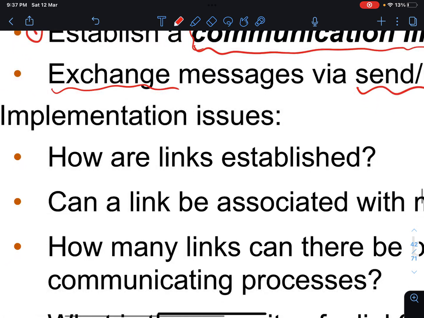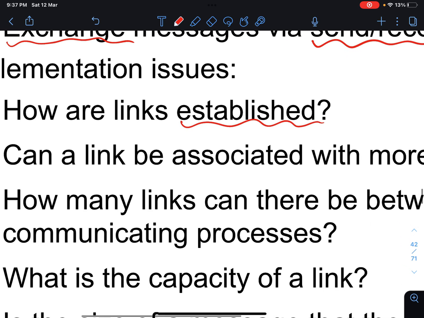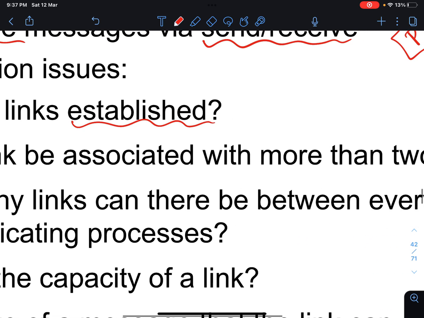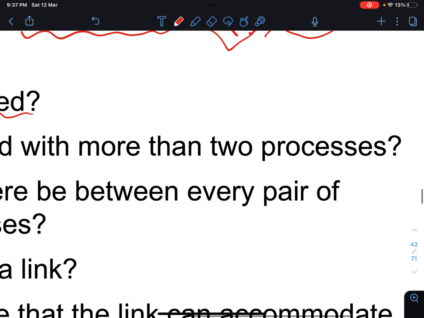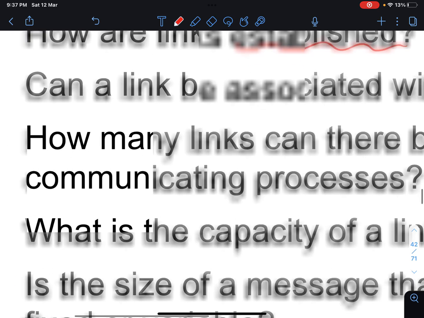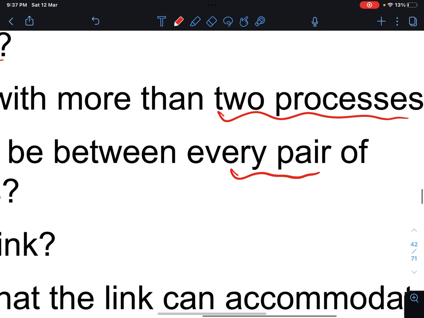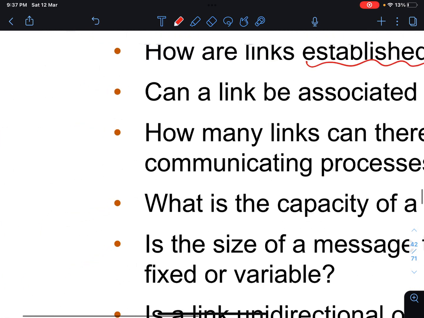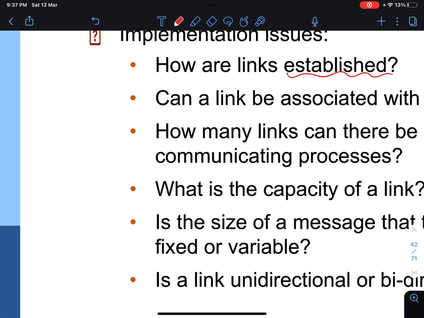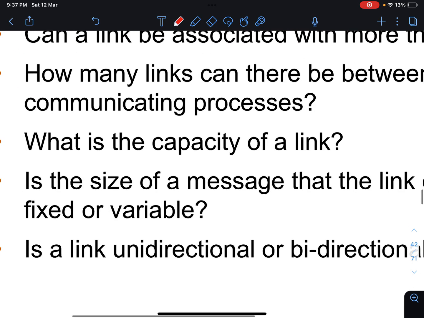Now, how would we implement this? How are the links established? Can a link be associated with more than two processes? That's a question we will see the answer to later. How many links can there be between every pair? Can we have more than one link? Maybe. What is the capacity of a link? Those are all design questions.